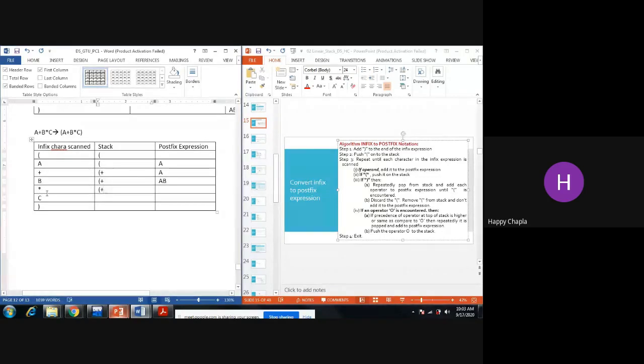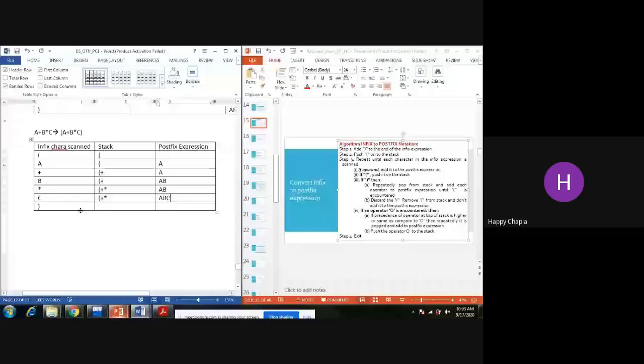The incoming operator's priority is greater than the stack's, and the top of the stack is not greater or equal to my star, so they both can stay inside the stack. Then, if I encounter the operand C, I directly add that element into the postfix.